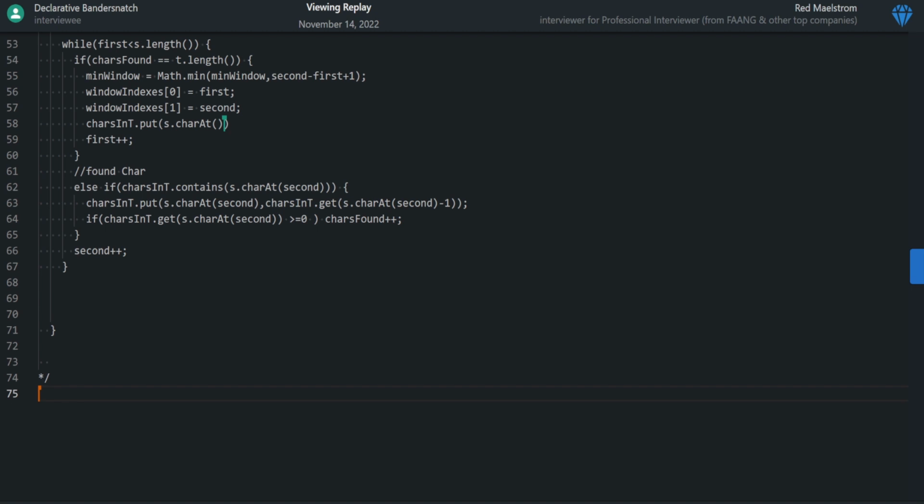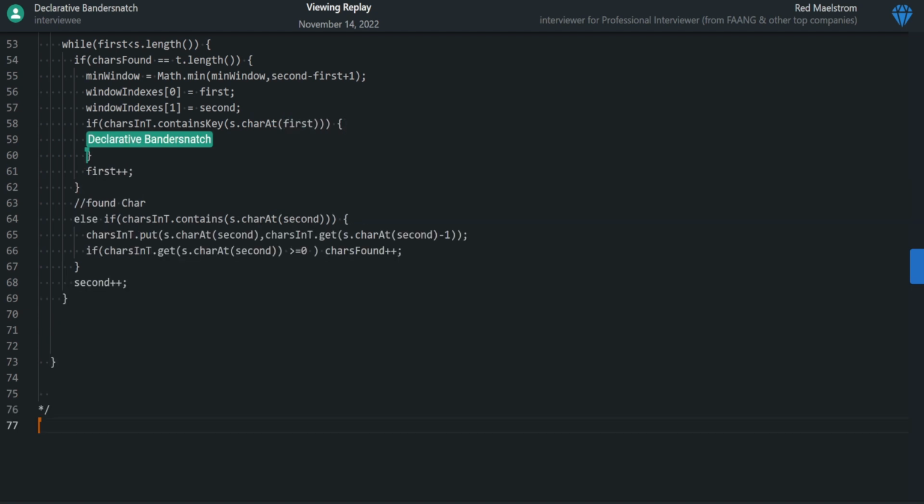So what we'll do is we'll have an if. We'll say if charsInT dot containsKey s.charAt(first). So if it was actually in it, then we can add it back. So we'll say charsInT.put, we'll put s.charAt(first),